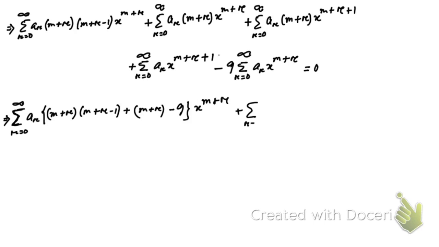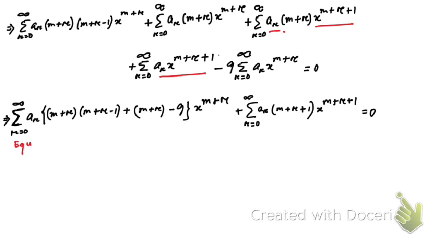Then similarly, we can take this common, that x to the power m plus r plus 1 ar, and this one. If we take this common, then our result should be something like this. So this is what we're going to have, equal to 0. Now